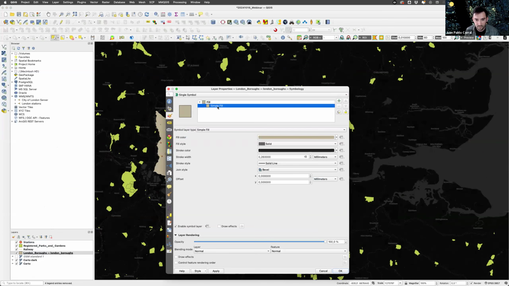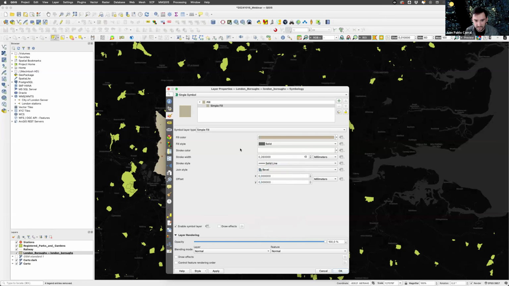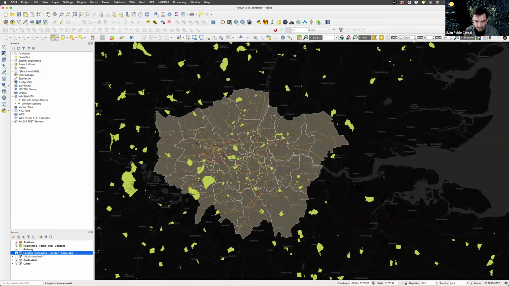And then you go to this icon, which shows the visualization. If you go here, you can change the color of the fill, but you can also change the color of the stroke. So in this case, let's set a white line for the polygons, and also some kind of more transparent gray for the polygons, and then it will apply it here.